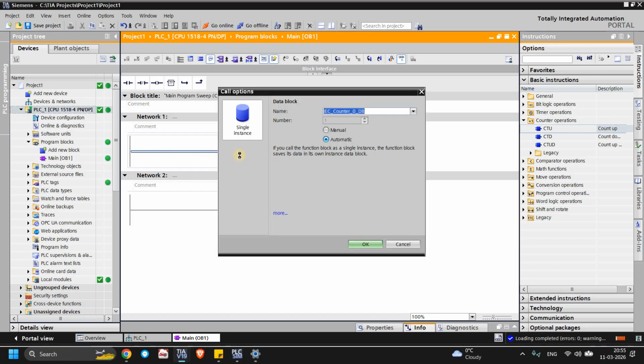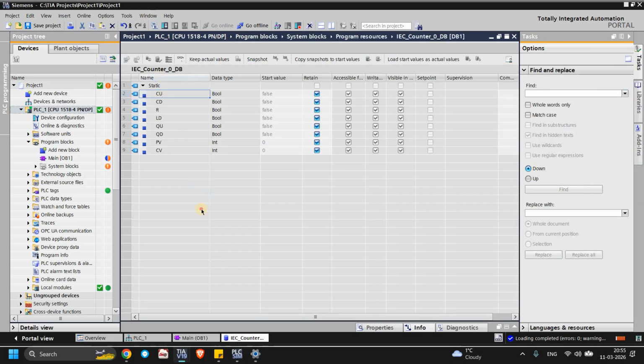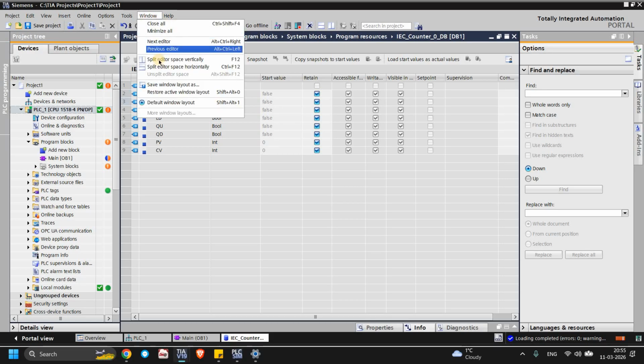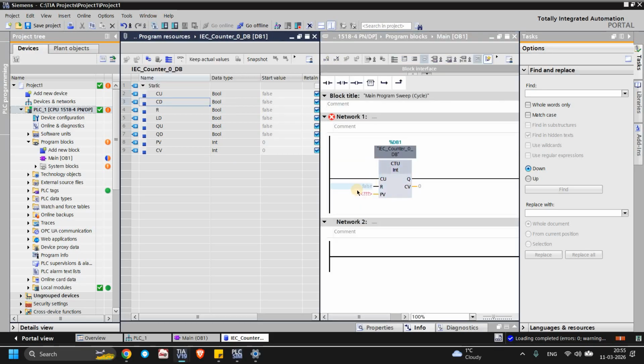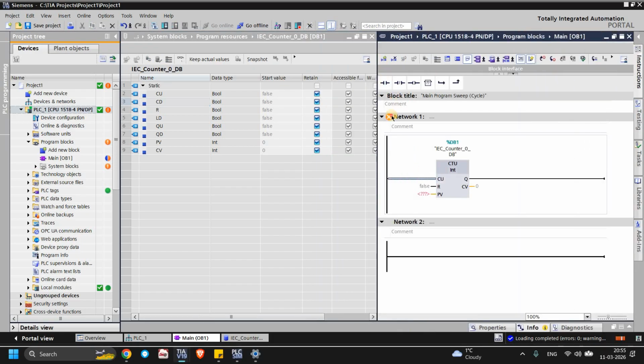Count up. Whenever you drag it, you will get a DB along with it. This DB will open, so we can know how it will work. So here, the CTU, right? This is the count input. We just put it here, and if you want to R, meaning reset, if you want to reset your PV,